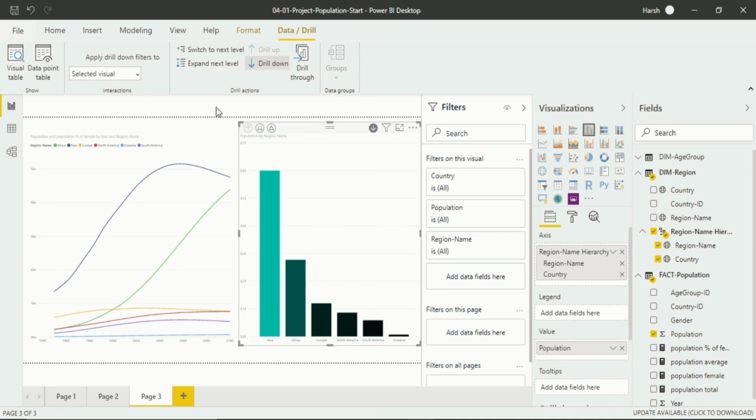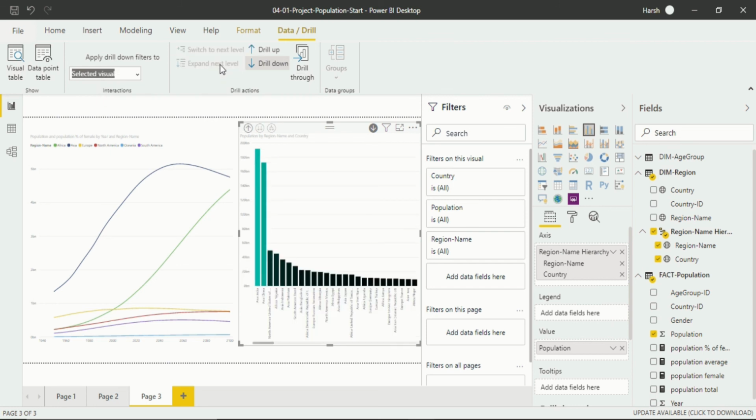All the features that are available here are also available in this feature, like apply drill down filters to selected visuals. If you want to do any specific thing, you can do it from here. Also expand next level. I will click on it, and you will see we get into the expanded next level. I will again drill up.